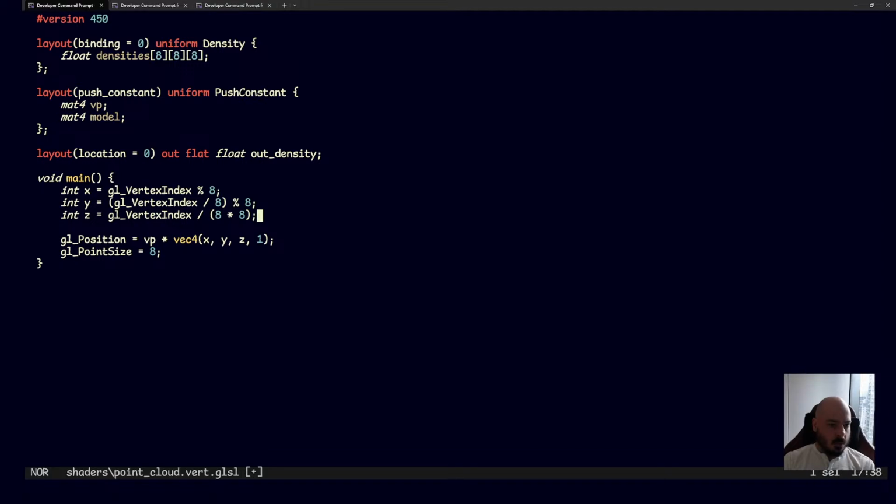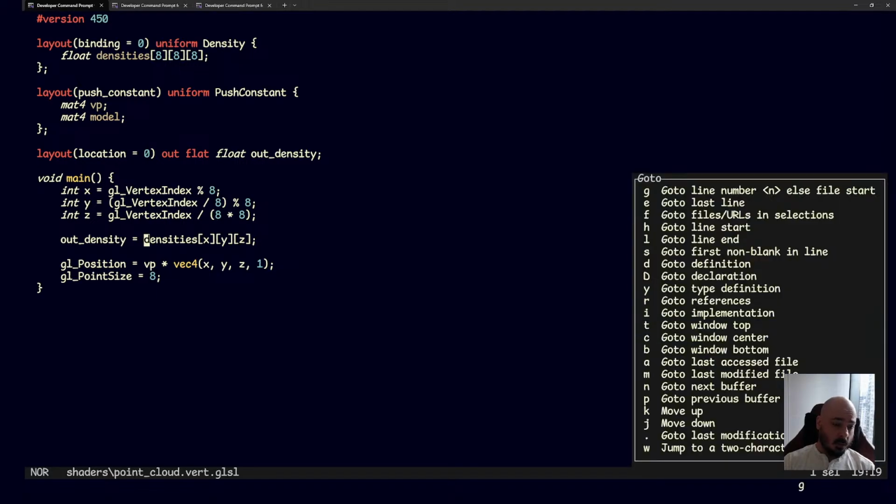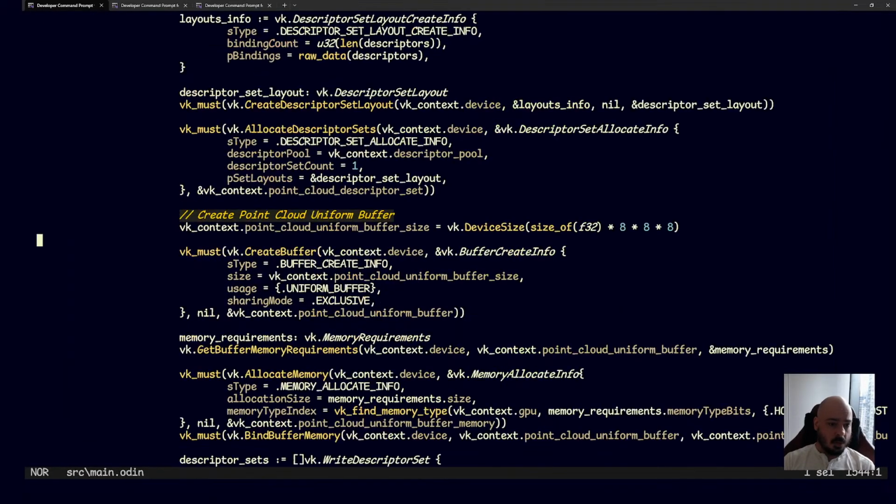So I'm going to say this is going to be just the density lookup from here. Float density equals, actually I'm going to say out density is equal to densities x, y, z. I guess we'll just store them in that order. And to make this really simple,